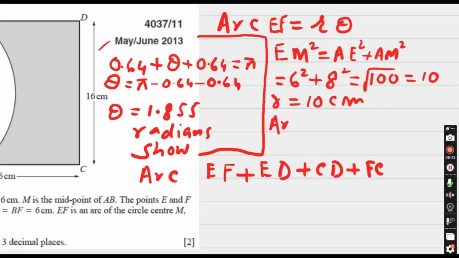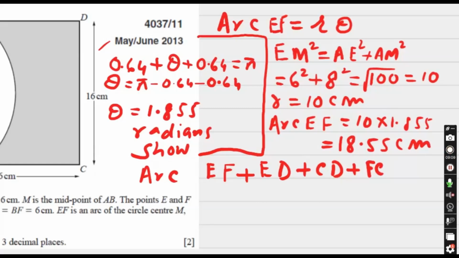Therefore arc length EF is equal to 10 multiplied by theta. We have already found theta is 1.855. So 10 multiplied by 1.855 is 18.55 centimeter. Now we are going to find the perimeter of the shaded part. So arc EF we have found, 18.55